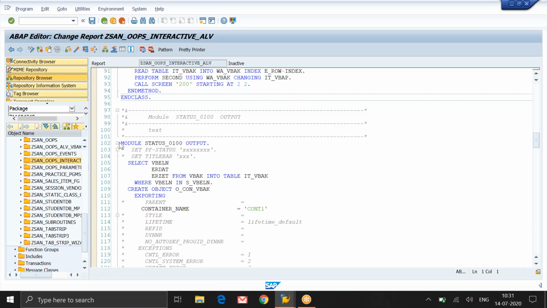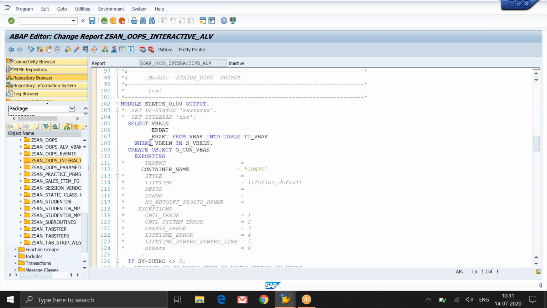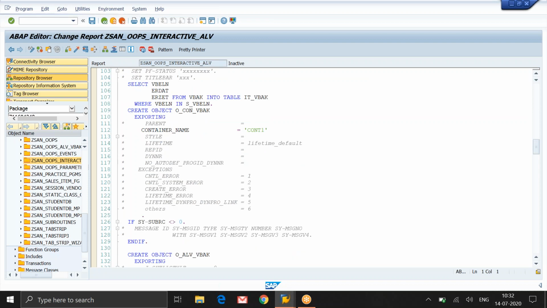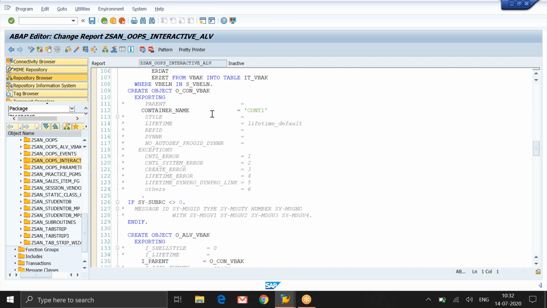First screen. So this is the first screen. In that, I will be selecting VBELN, these all fields from the VBAK table into internal table VBAK, where this is the condition, which all the VBELN I have to select. After that I'm creating an object OCON VBAK, and in